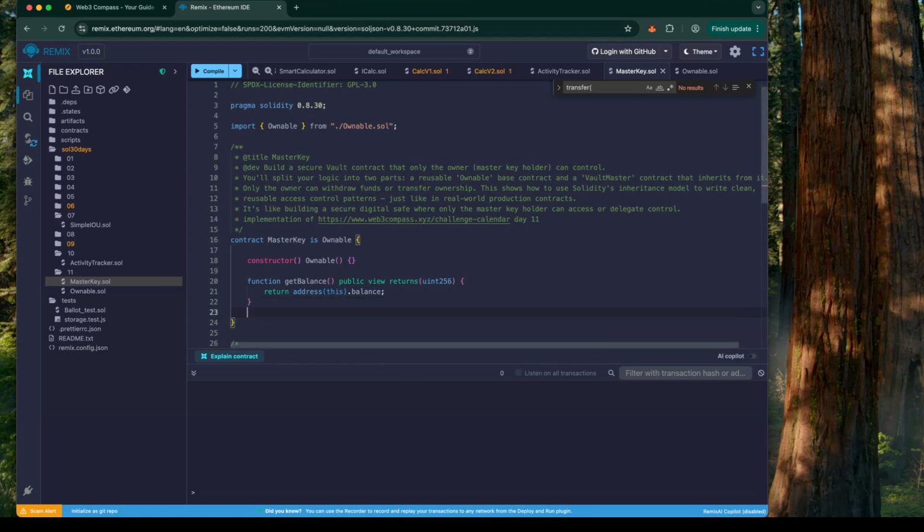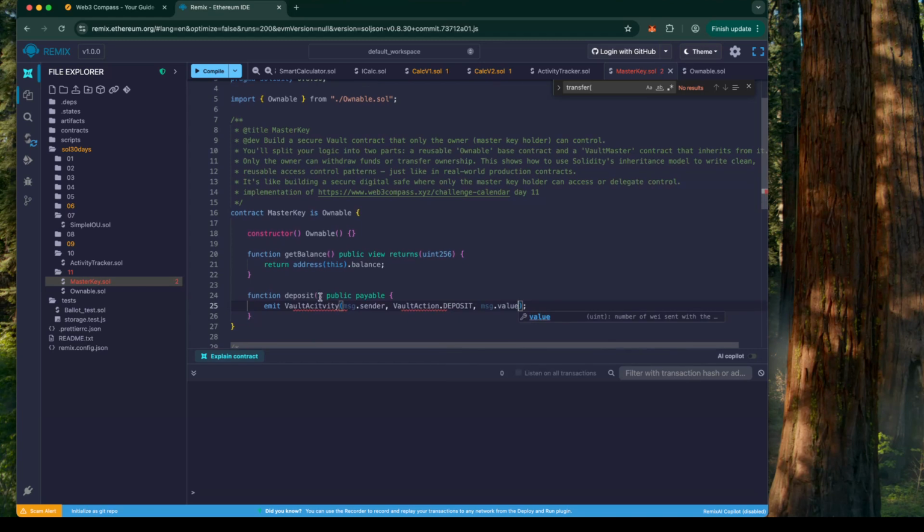All right, deposit will be the next function. So function deposit, public payable, and all we want to do actually is just emit a vault activity event, I should say, message.sender, and then let's also introduce an enum, VaultAction.deposit, and then the amount, message.value. So let's define